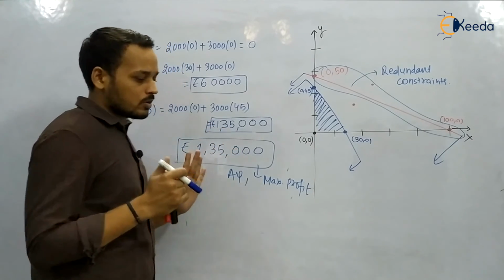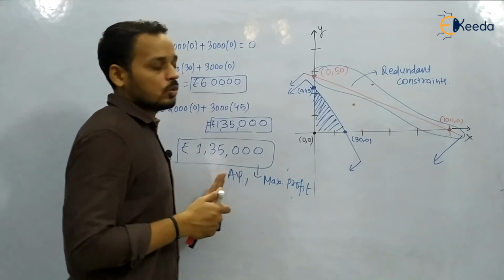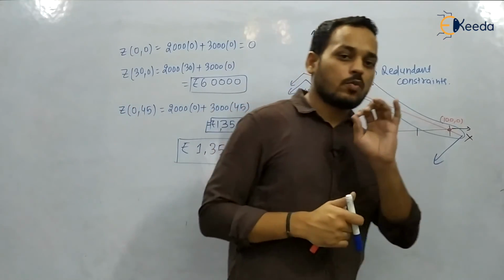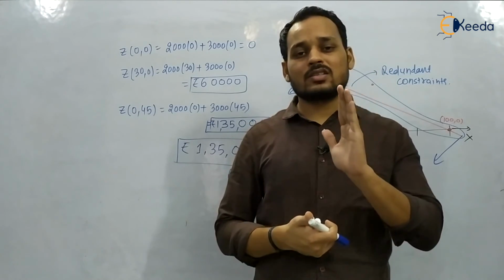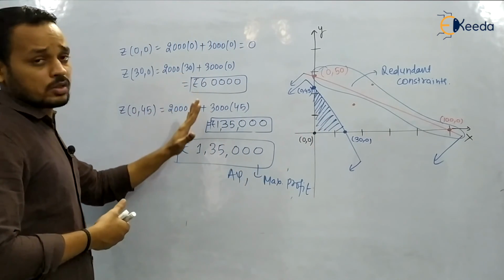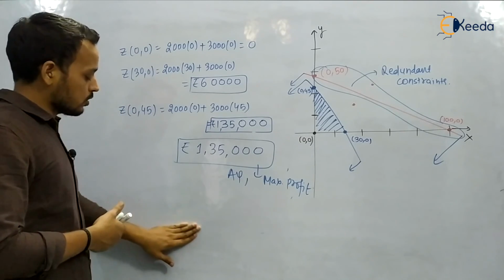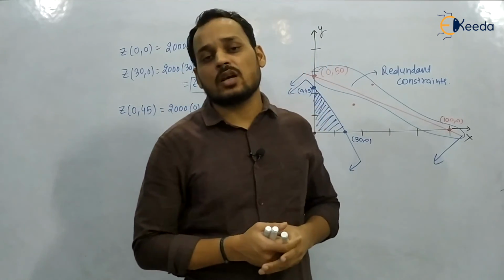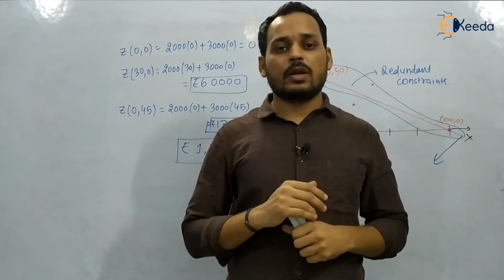This type of question has been asked in the GATE examination. A recent GATE 2020 question has been asked. Just go and practice those questions. A similar type of question has been asked. So formation of the objective function and constraints is very important. You must form the objective function and constraints just by reading the question. It was a very simple question from a previous year GATE examination. Some questions have been asked, so you must go and practice those questions, because a trend has been followed. This type of question has been asked in the examination, so you must follow the trend. Just go and practice. Thank you.